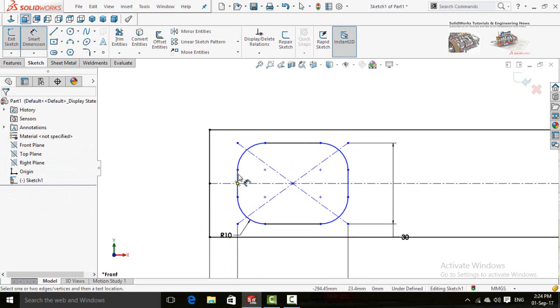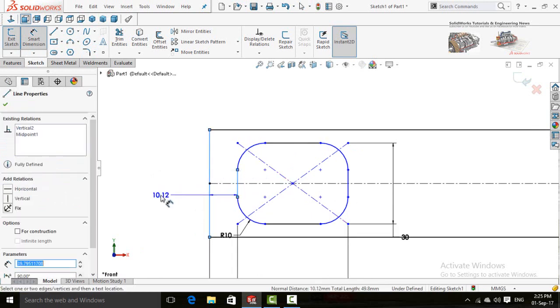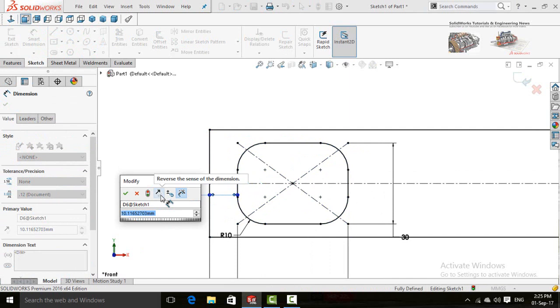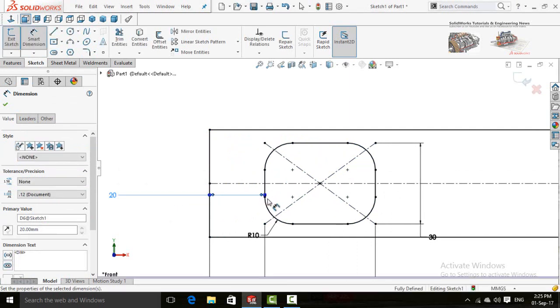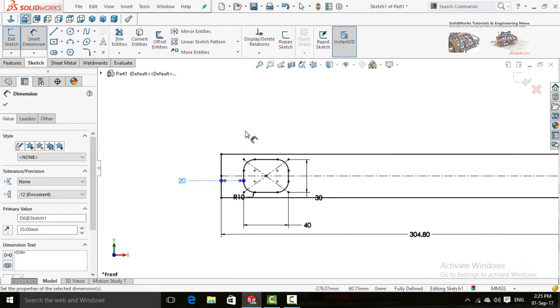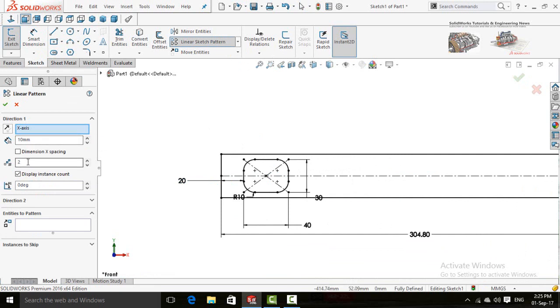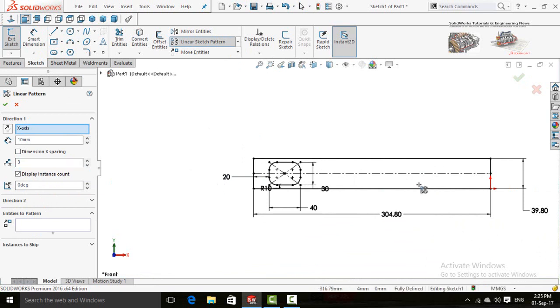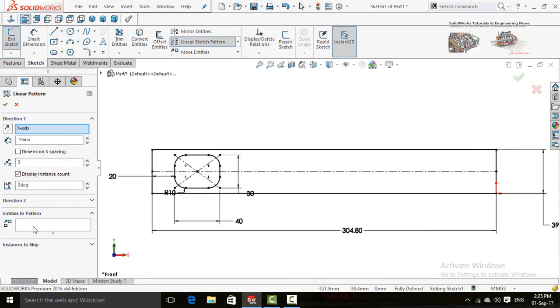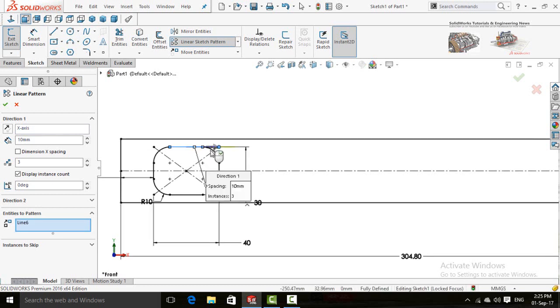Now again select smart dimensions and set this distance 20 millimeter. Press OK button. From here select linear sketch pattern and quantity is 3 in the x-axis direction, and we don't need the direction 2. Now entities to pattern, click on this box and select all these lines one by one.